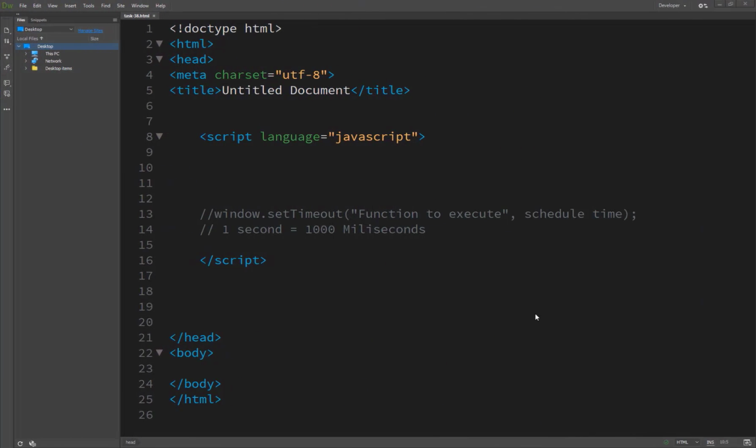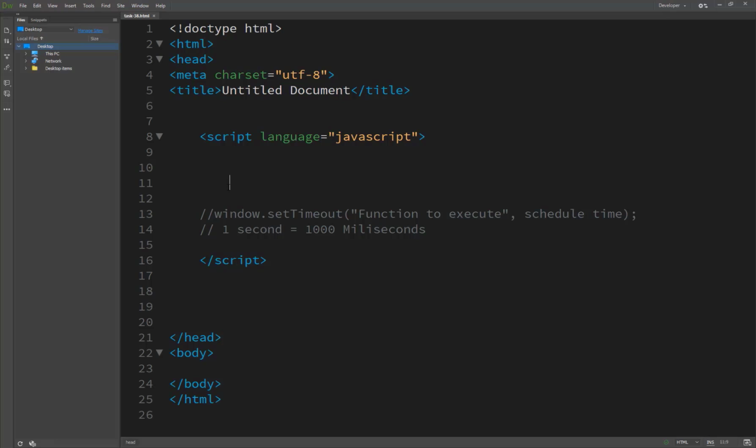Today we start our task number 38, scheduling a function for future execution. First of all, what is future execution and why do we need to schedule a function for it? Sometimes you will want to execute a function in an automated or scheduled way, like running your function after some time. JavaScript provides the ability to schedule execution of a function at a specified time in the future. When the appointed time arrives, the function automatically executes without any user intervention.